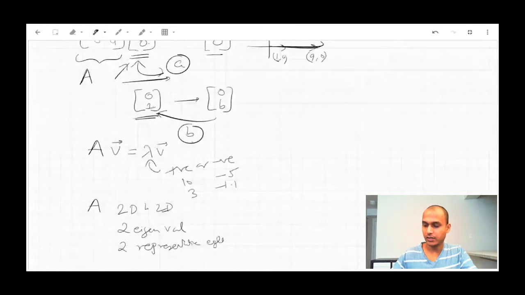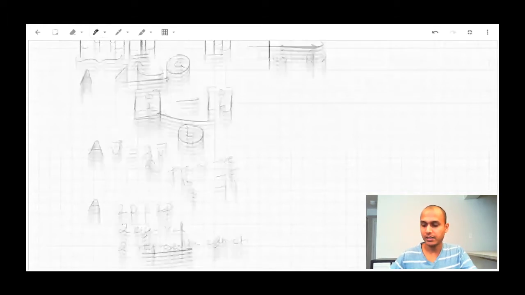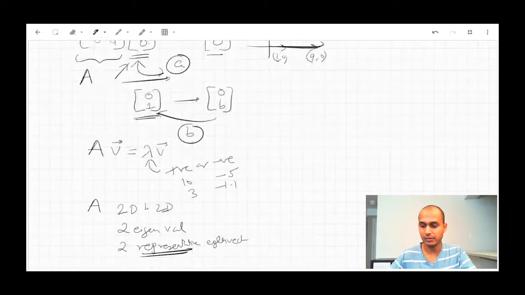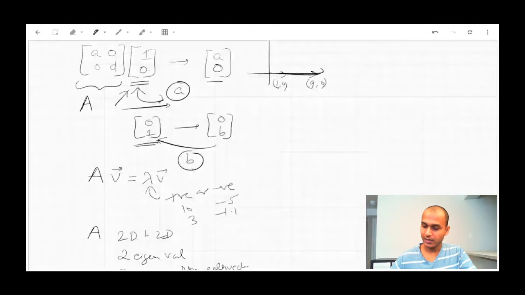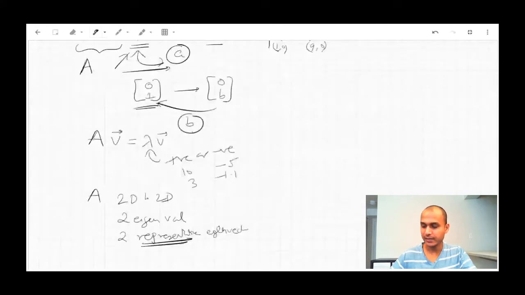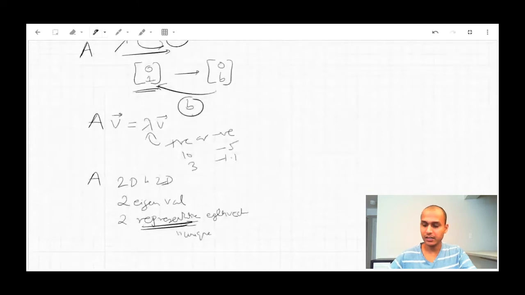I call them representative because it's not just (0, 1) that is an eigenvector, (0, b) is also an eigenvector. If I input a (0, b) vector and transform it with the matrix, for example, then (0, b) squared is in the span of (0, b). So these are not, I would say, unique, in the sense that every vector in the span of, for example, the vector (0, 1) is also an eigenvector. So let's not worry